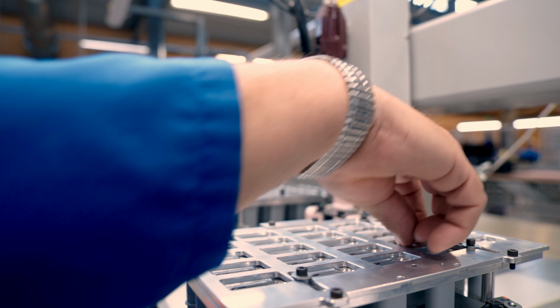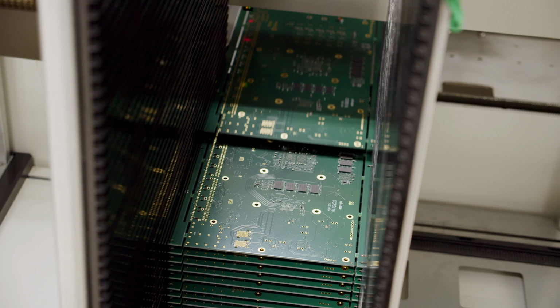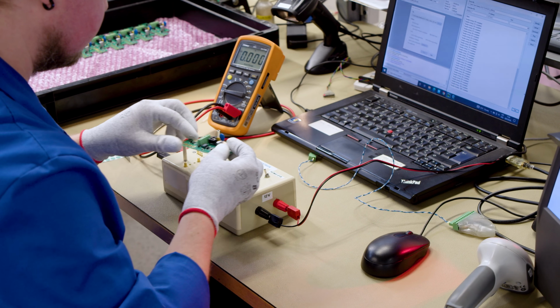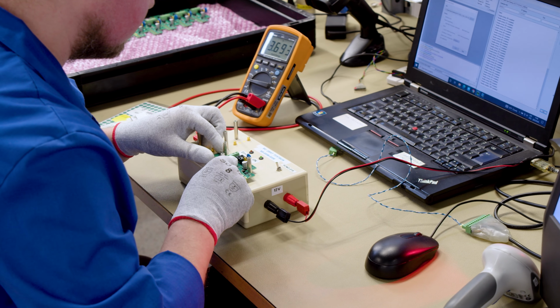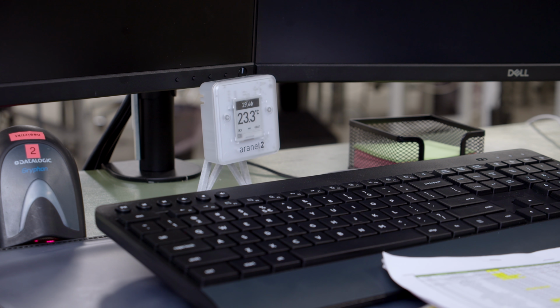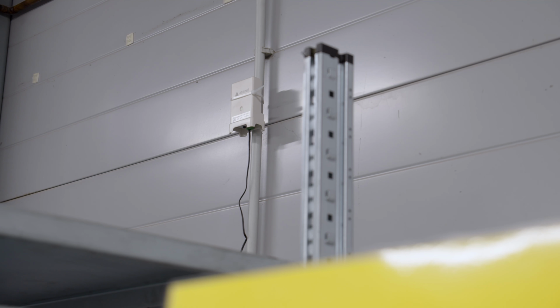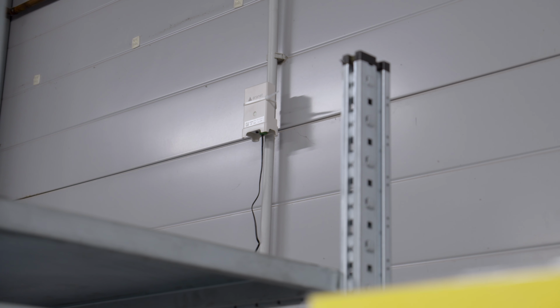Our clients take great interest in how we are manufacturing their products, and that includes the production environment as well. They challenged us with different questions, so we had to look for a more serious monitoring solution. To overcome these challenges, HansaMatrix deployed 14 different Aranet sensors for temperature, relative humidity, particulate matter, and radiation monitoring across